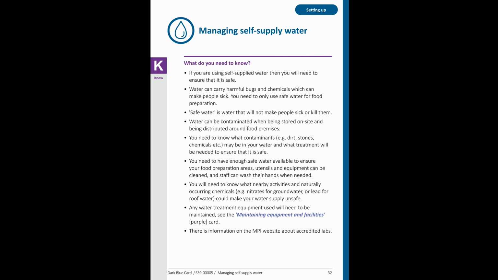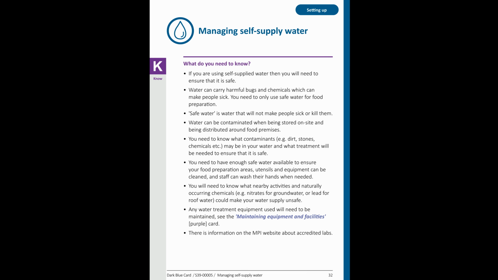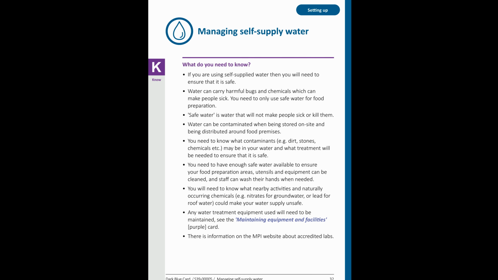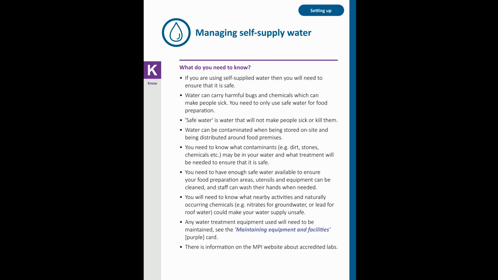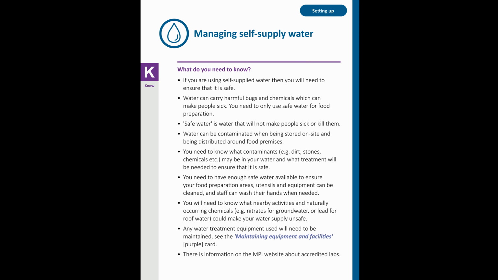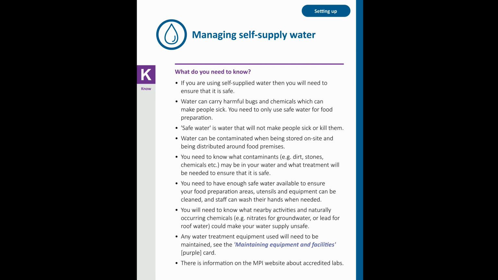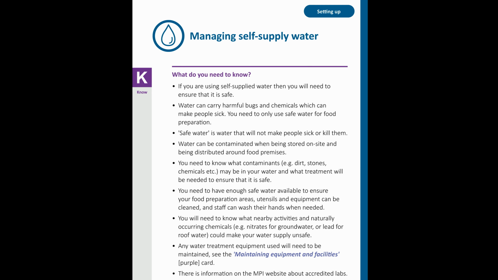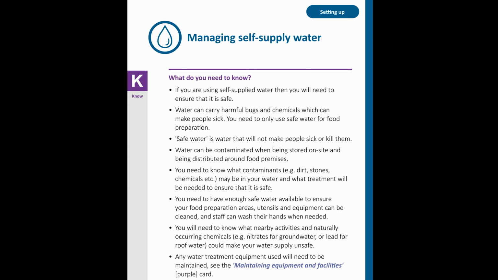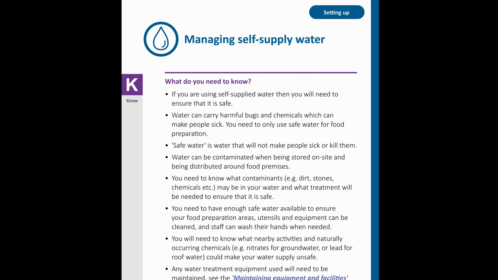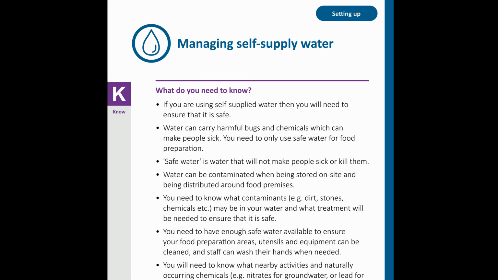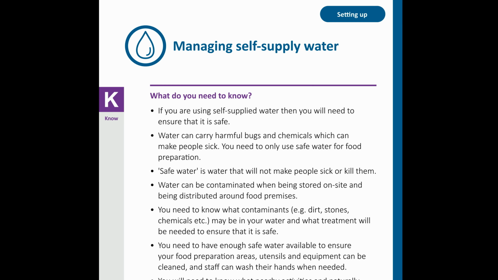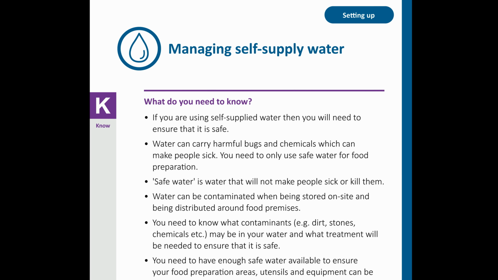In this lesson, we are going to read through the Managing Self-Supply Water topic in the Template Food Control Plan. This is one of the dark blue colored cards in the Setting Up section of the plan and is page number 32. Note that the template topic covered is version 5, which was released in August 2025. Businesses registered under the template must start using the updated topic, if it applies to your business, by the 30th